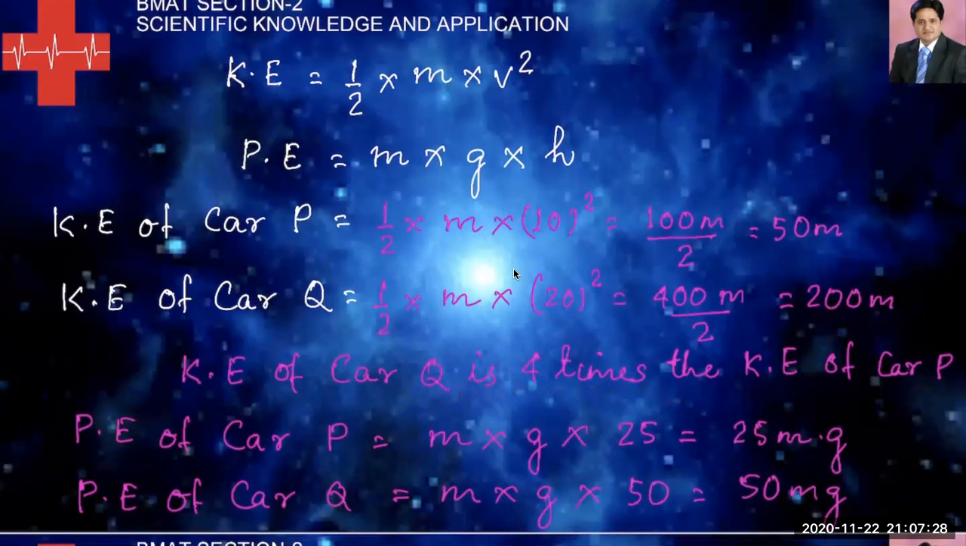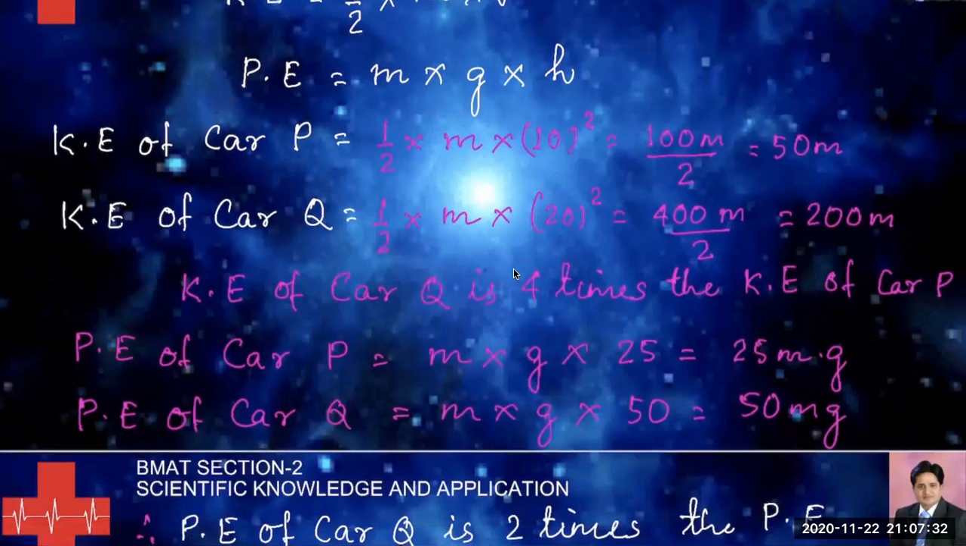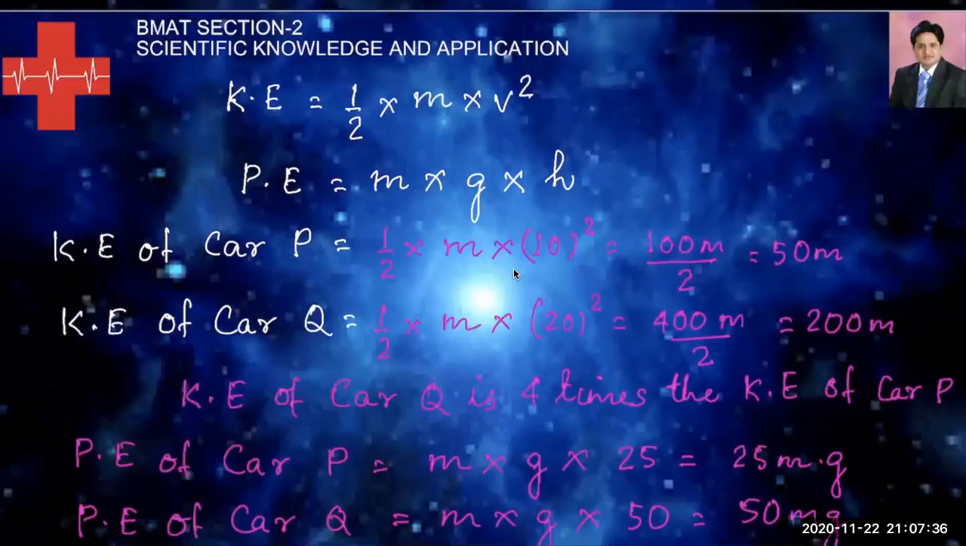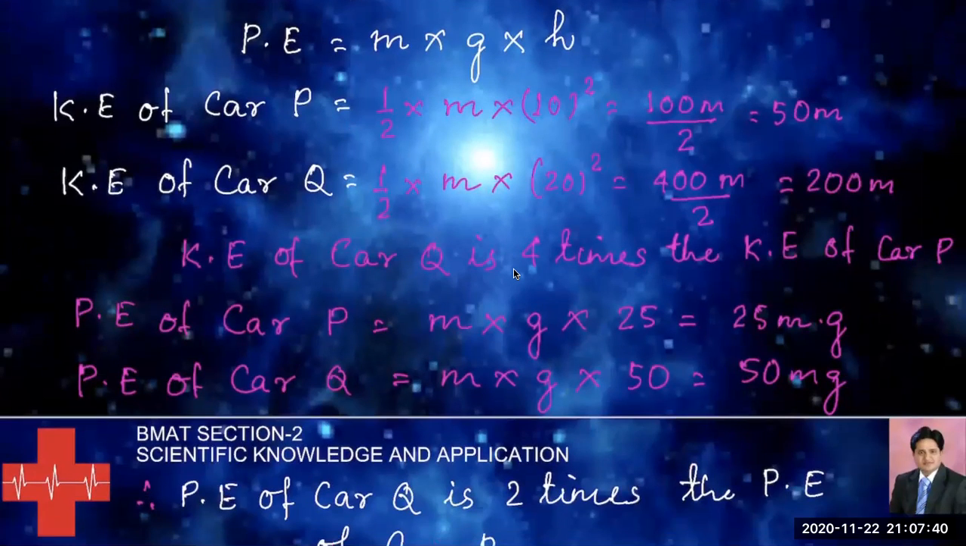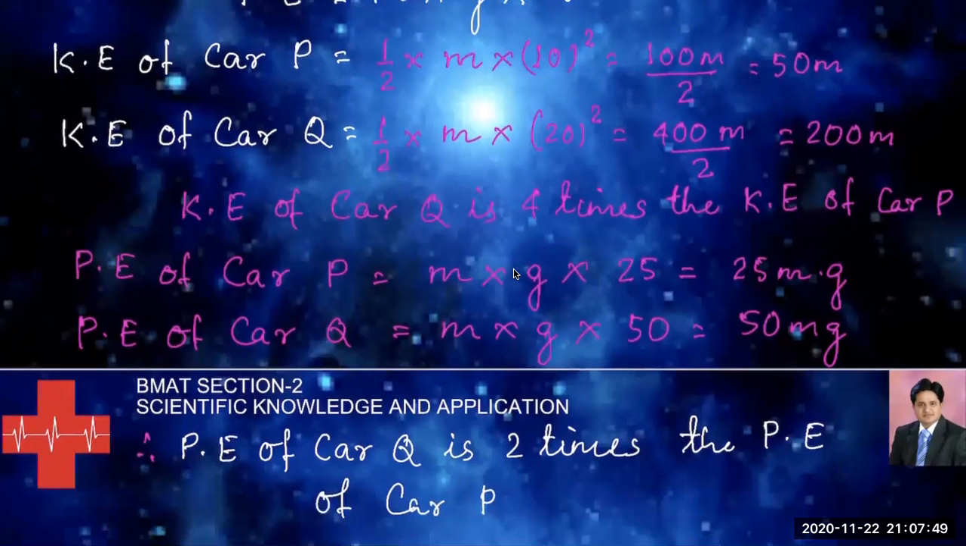Now let's look at the potential energy. So the potential energy is mass times gravity times height. So the potential energy of car P is mass times gravity times 25, because it covers a height of 25. So you have 25 times mass times gravity. Gravity is 10. You could use 10 or you could use g. It doesn't matter, because gravity will be the same for both the cars. Now, potential energy of car Q is mass times gravity times 50, because